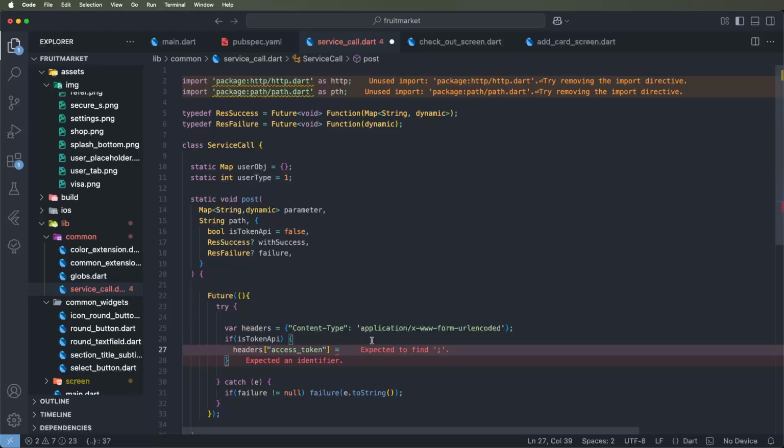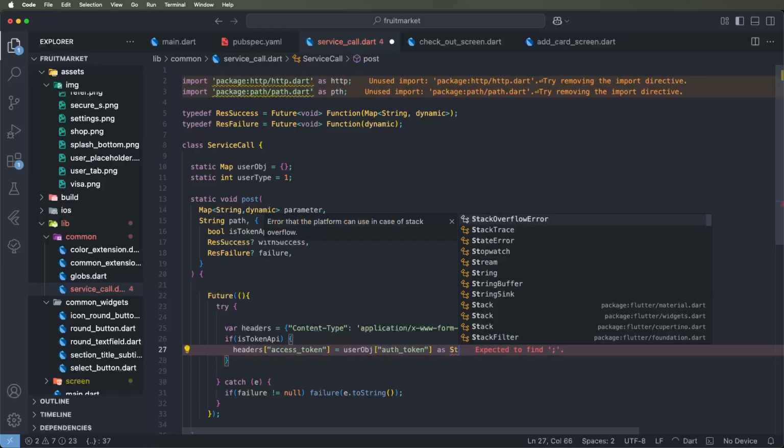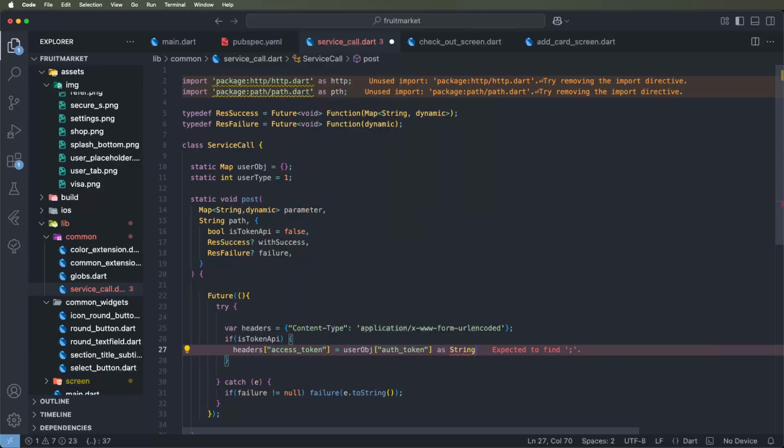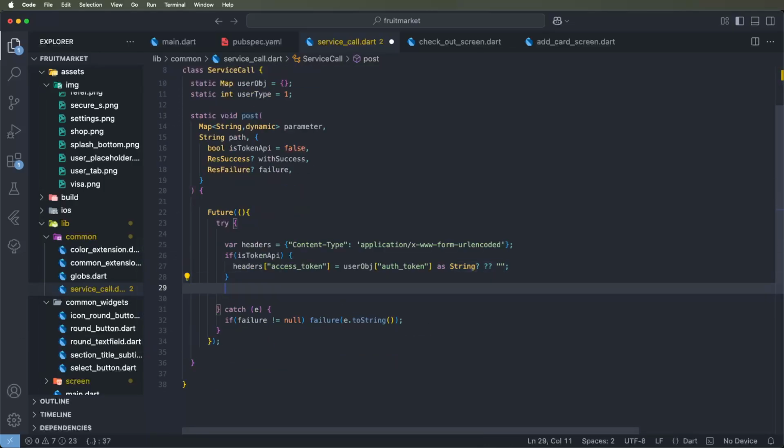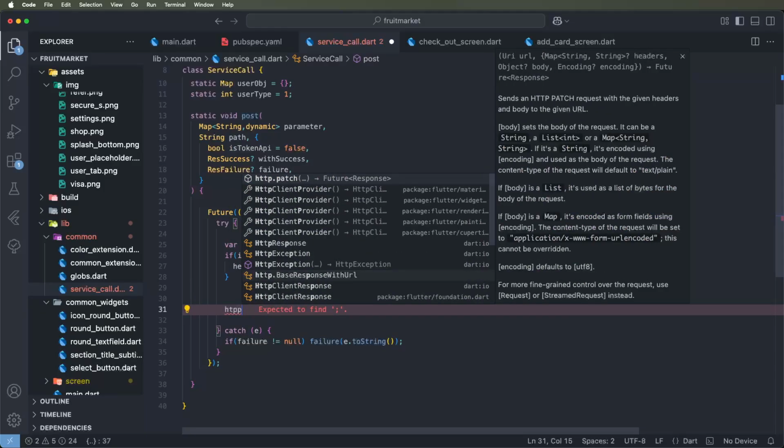Now if we need to find the user, we need to get the auth token and pass it like this, converted as a string, optional like this. Otherwise, we need to write the toString. This is the way. Now we need to use the HTTP variable. We need to use HTTP